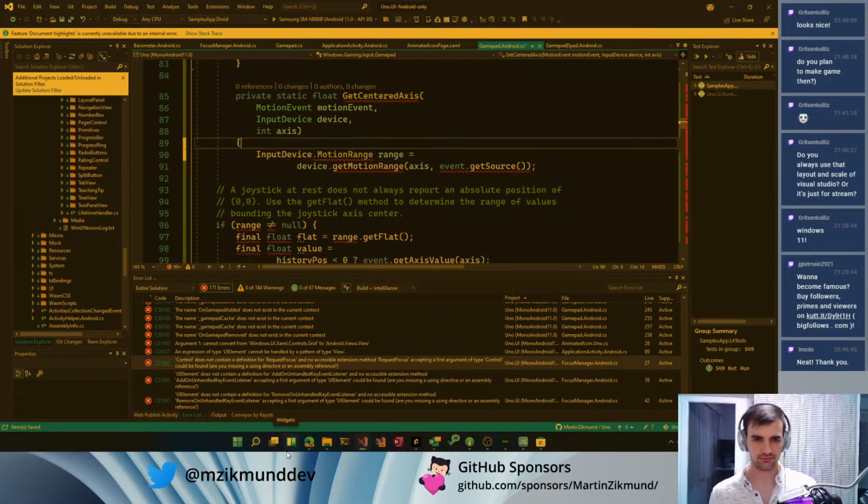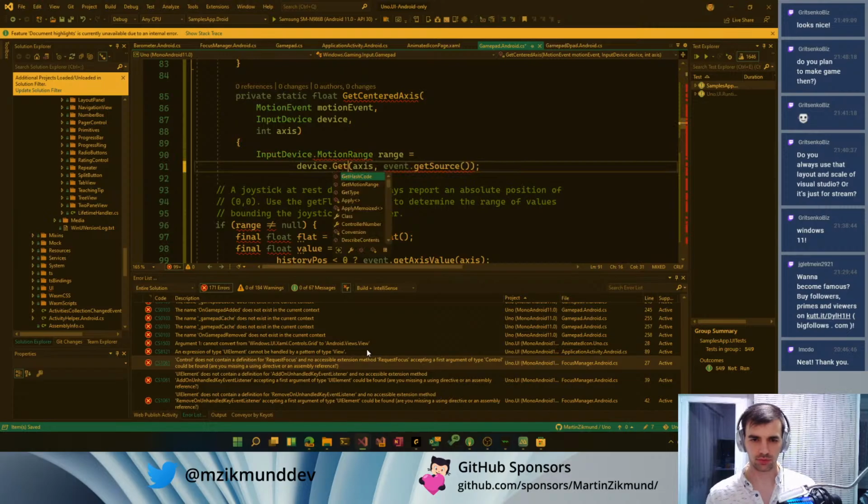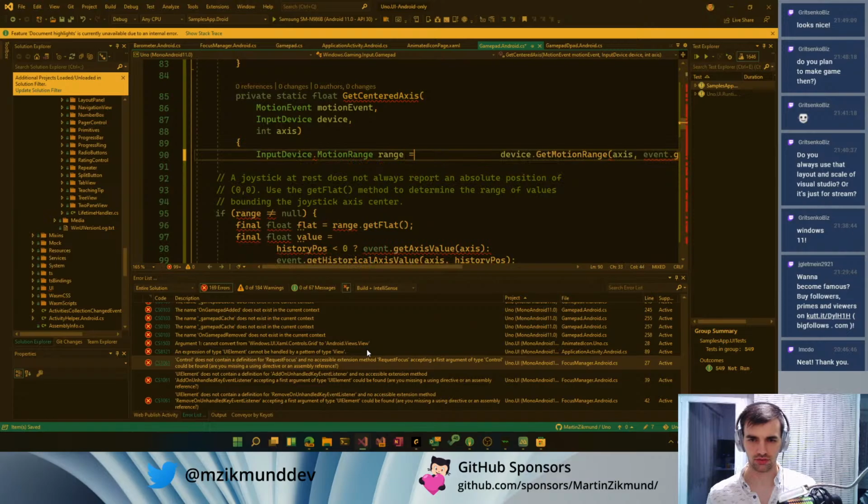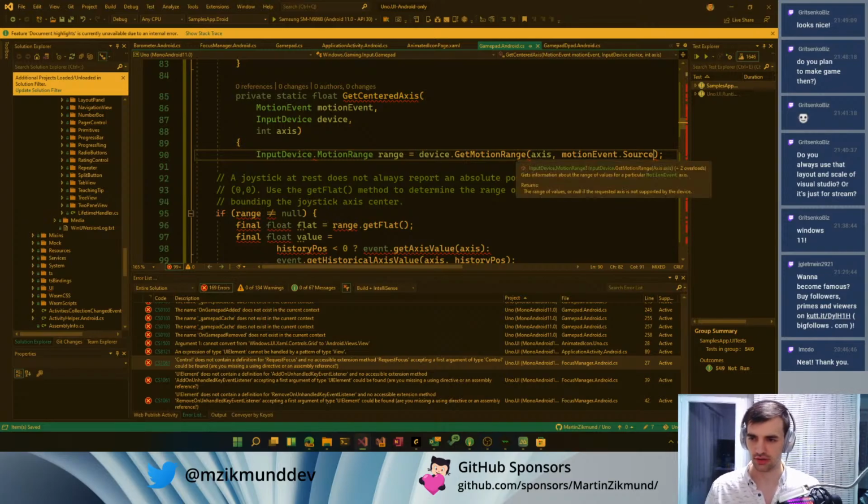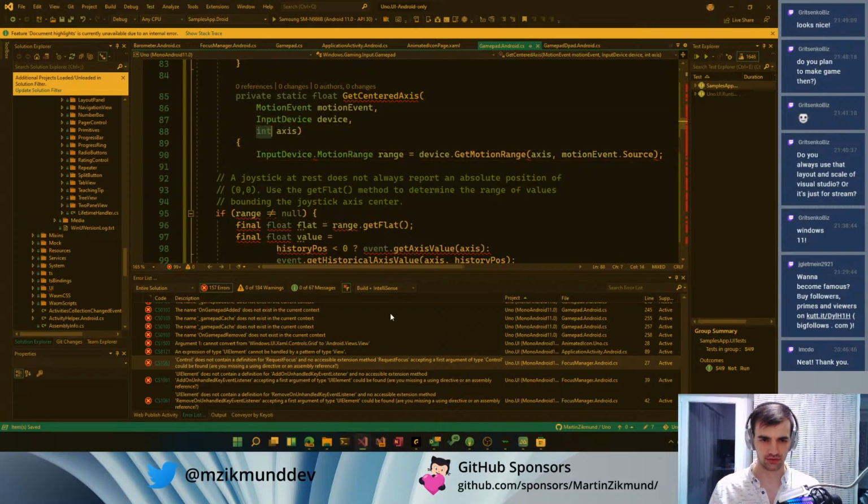So we get motion range for a given axis, and actually we can use proper enum here. All right, so we get motion range,